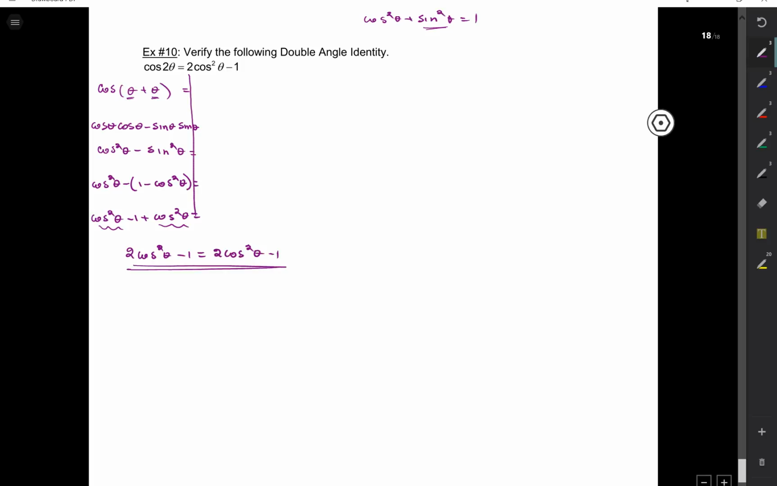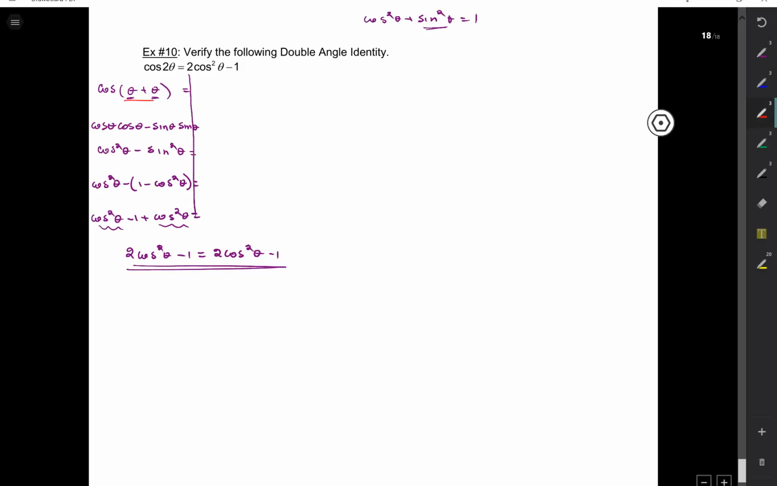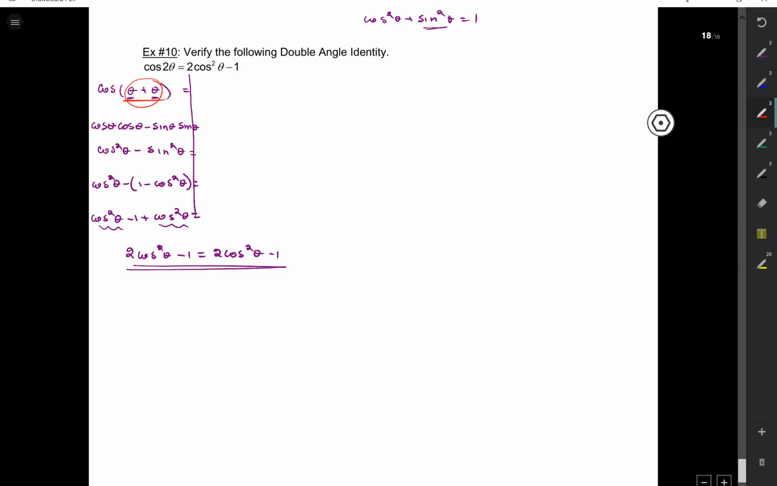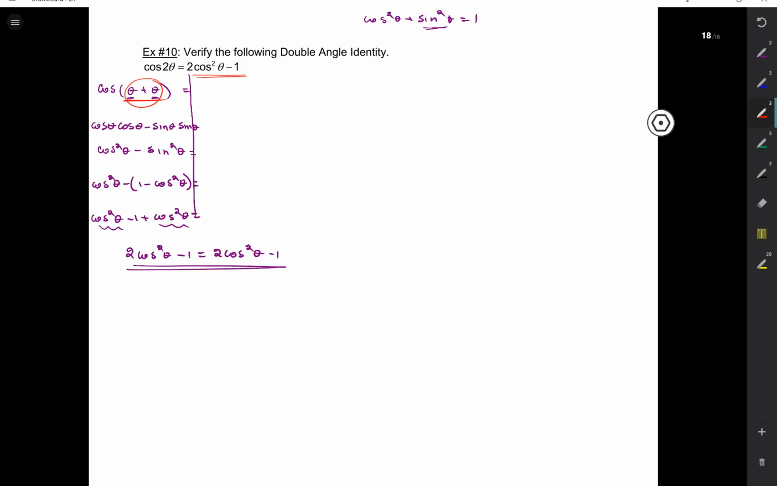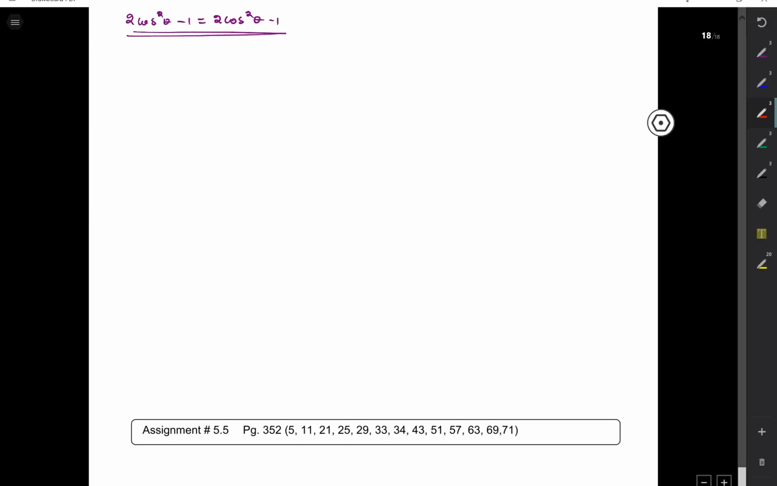Okay? So that identity on the first page of this section didn't just pop out of thin air. It was somebody thinking to themselves, well, okay, so I have cosine of alpha plus beta. What if I had cosine of theta plus theta? What would that be? Well, it would be that cosine of 2 theta is that identity. So that's where it came from. All right? Now, homework is due next class, and we're going to